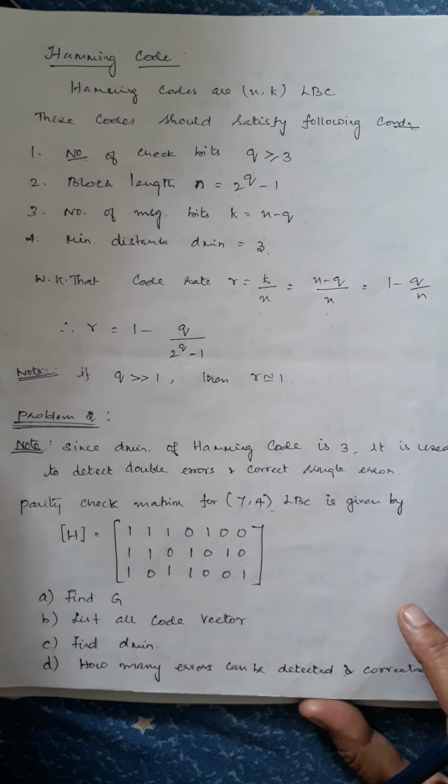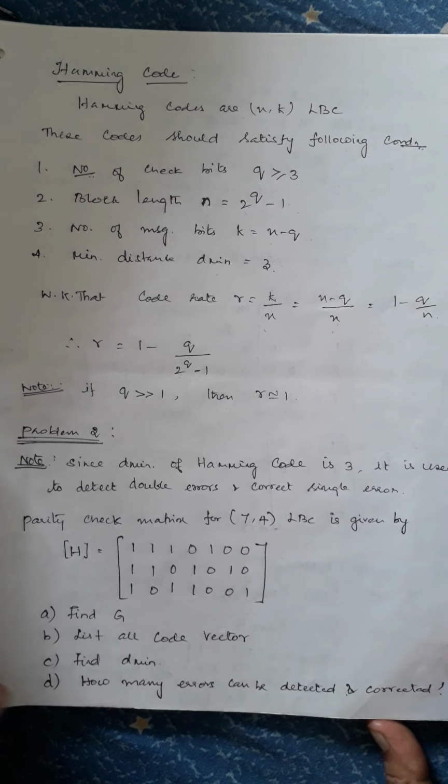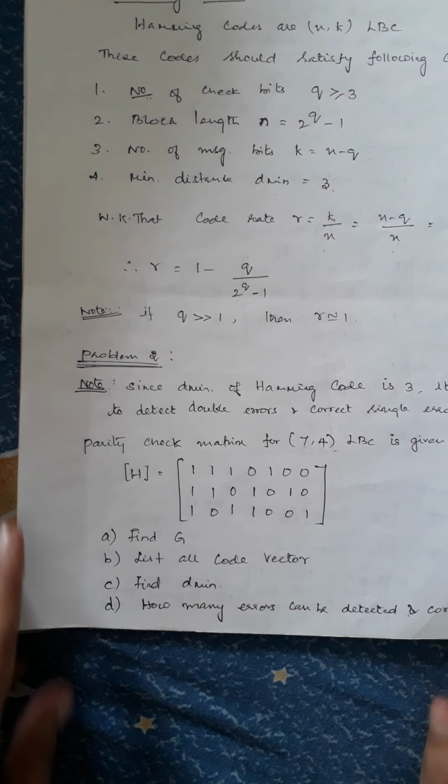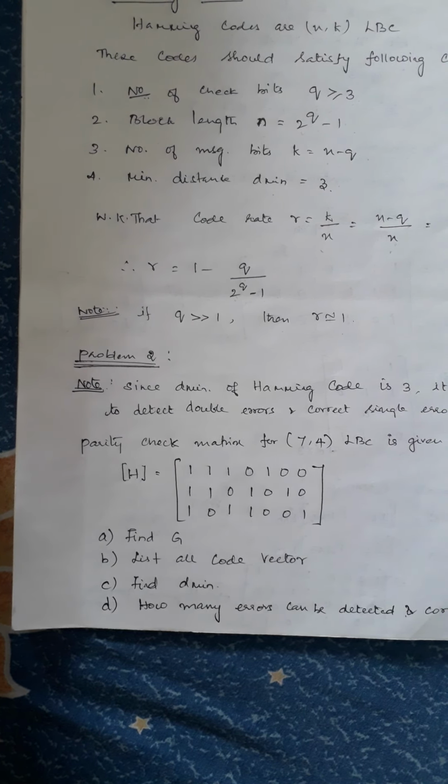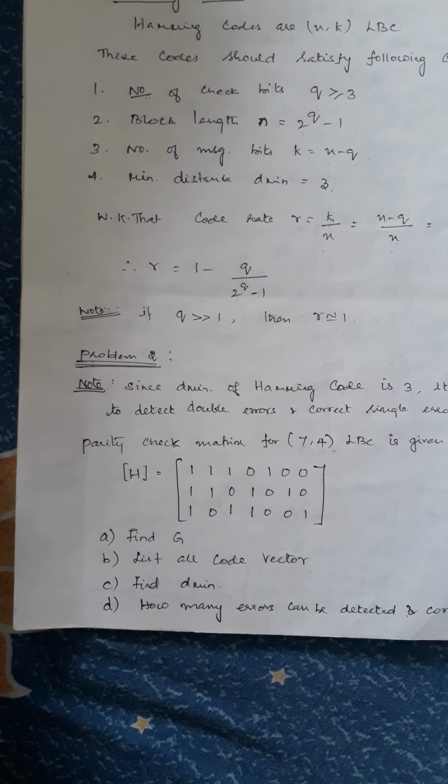Okay. Now we will see a problem based upon this Hamming code, so that you will be very clear and you can see all the parameters which can be calculated with the help of the given matrix. Since we need the minimum Hamming distance to be 3, it will be used for detecting 2 errors and correcting a single error. So this is an important point in your Hamming code. If d minimum is 3, then your Hamming code is capable of detecting 2 errors, and you can correct 1 bit error.